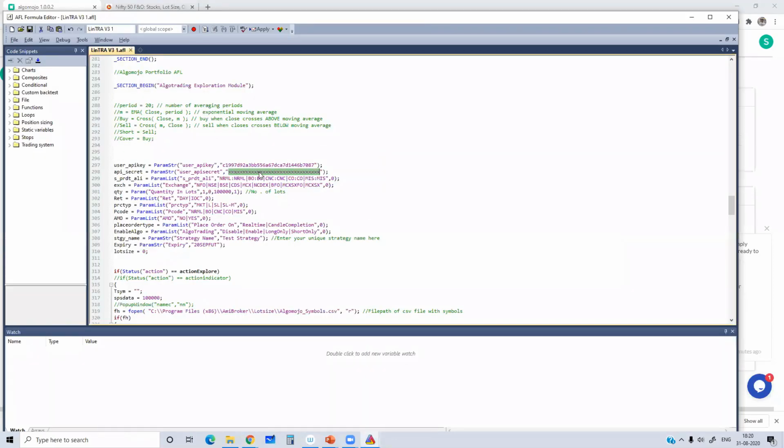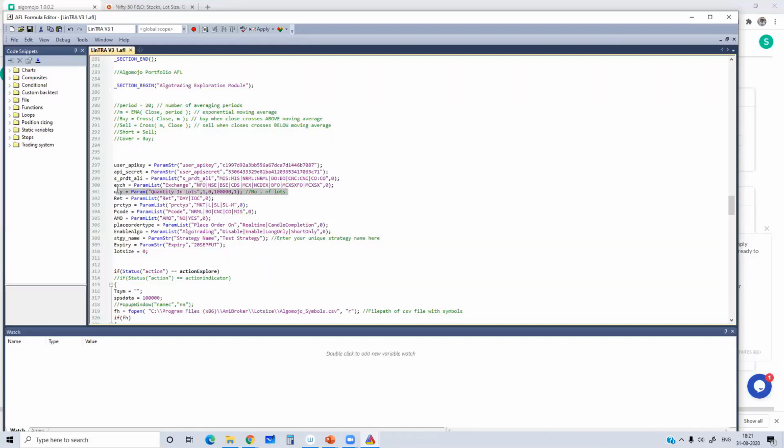So copy the API key, paste the API secret key, set your default order. Here it is set as NRML. Maybe instead I make it as MIS. I'll make it MIS. How do I know MIS is default? Because by default, I'm calling the 0th value. This is the 0th value. This is the first value. So by default, the S_product alias MIS will be allocated. And again, NFO will be allocated by default.